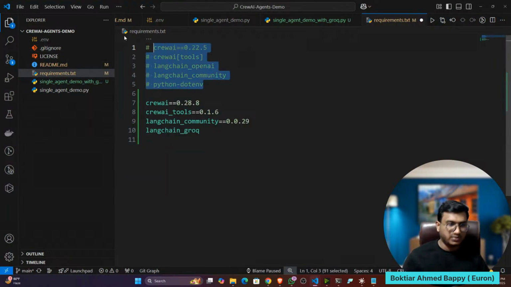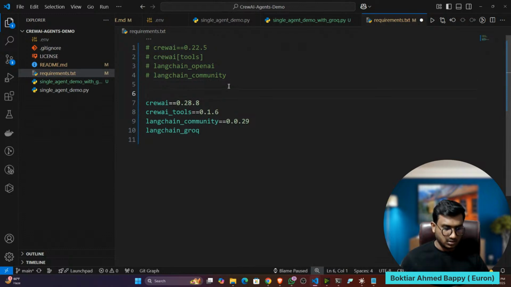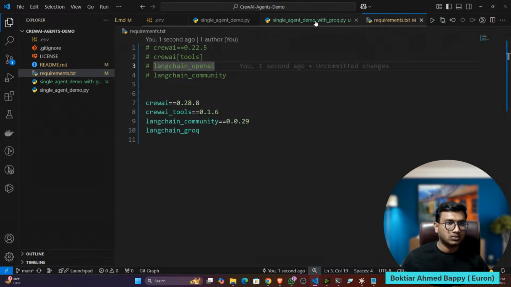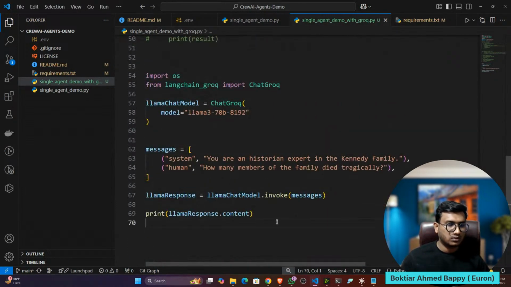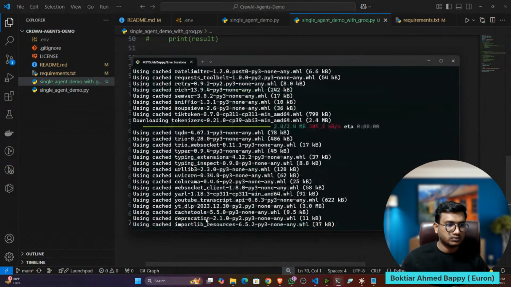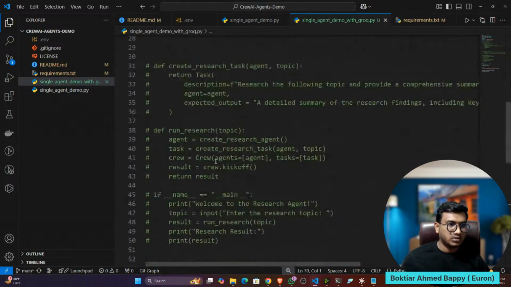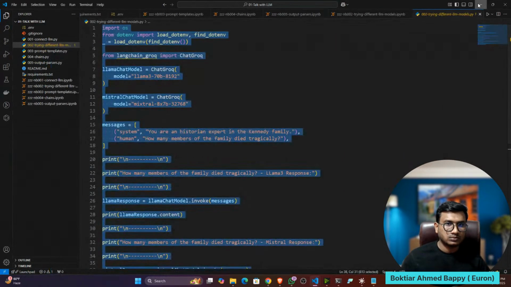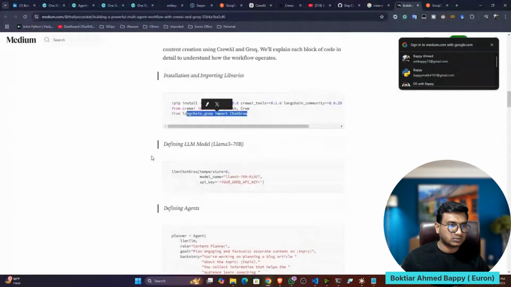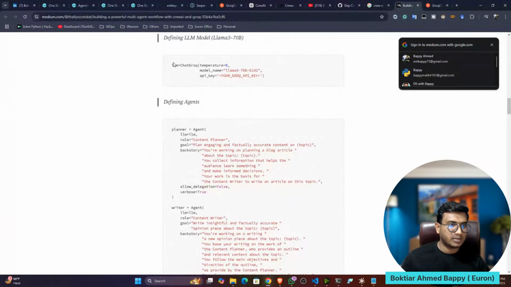This is my previous environment for OpenAI. Then here you have to change these parts. Only the model parameter you have to change.